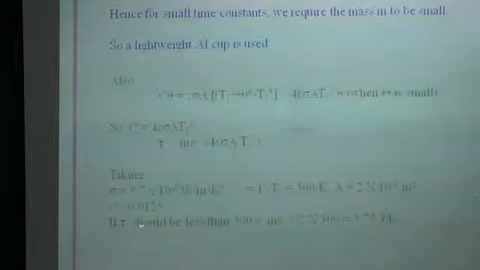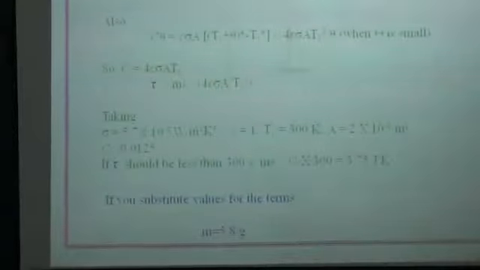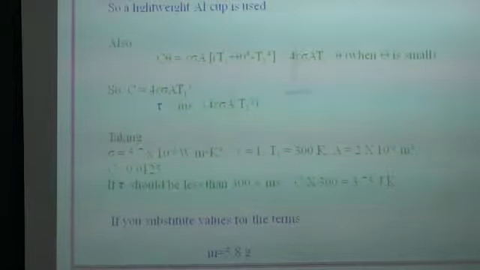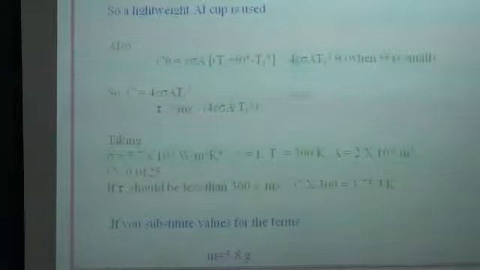Let us take epsilon to be 1. Suppose the temperature is 300 degrees Kelvin. So for T less than 300, the value of this must be equal to 5.8 gram. So you can make a similar calculation while designing the mass of the sample that you make use of while determining the stiffness constant. So that is why we are using the small lightweight copper. So this is all about